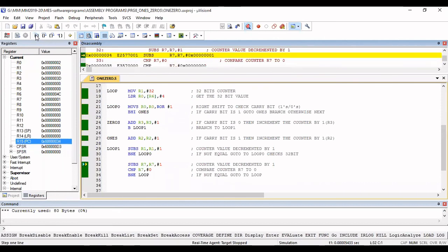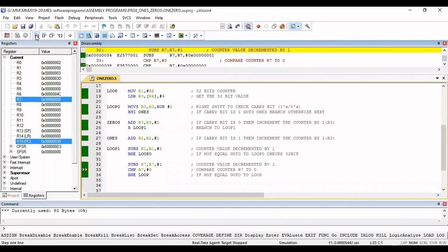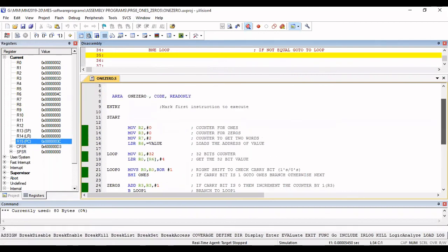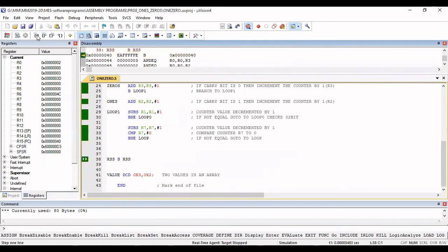And now check. 3 is there. How can 3 ones come in 2?